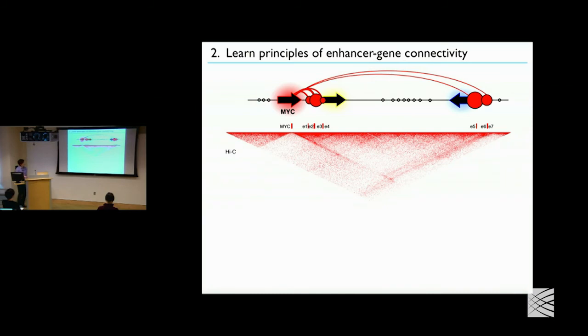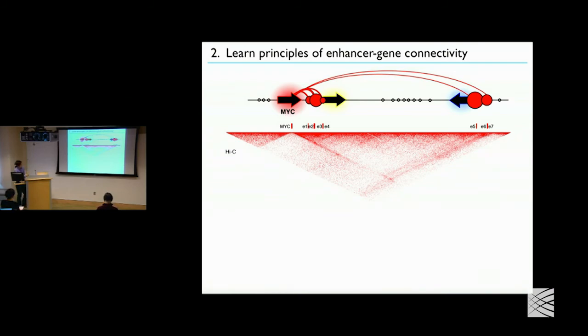And this is a depiction of what is measured by Hi-C, which is essentially a 2D heat map specifying the frequency of contacts between any two regions. So if you were to imagine looking at the heat map down this line, this is essentially the contact frequency of each of these sites along this region with the MYC promoter itself.